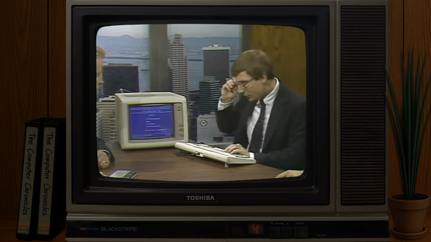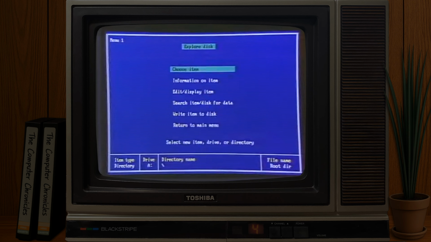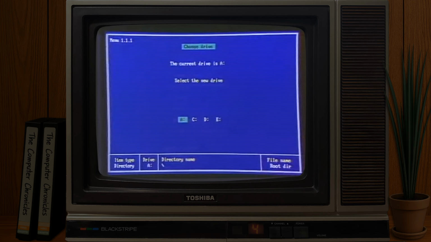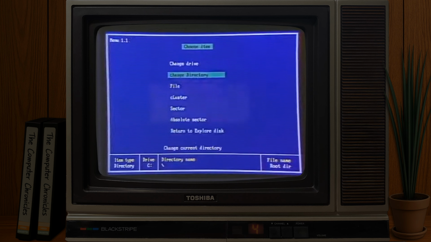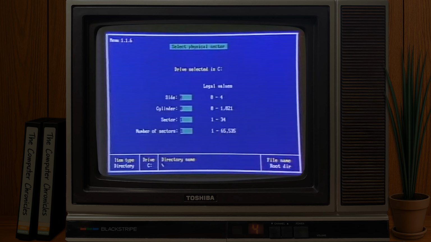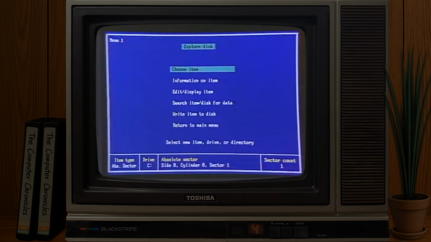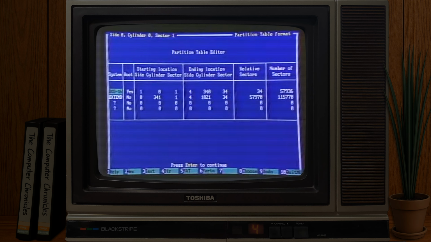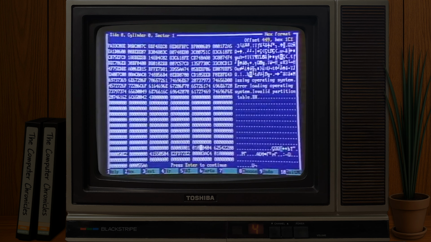So normally, when I explore the disk here, I'm going to choose an item and go into the absolute sector. I'll edit this information, which is what's called the master boot record. I'll go to the hex table, and I'll literally replicate what happened if, for example, you were working on